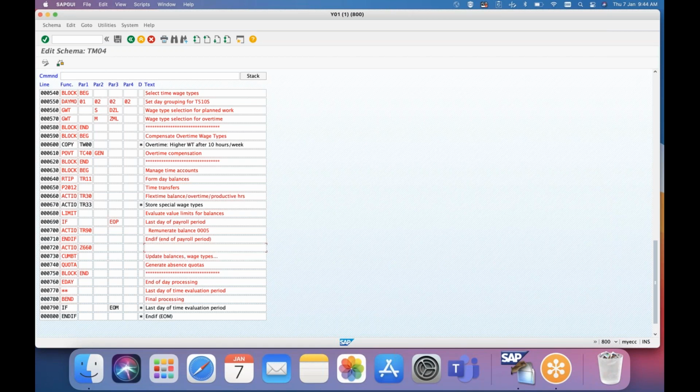When you start working on time pairs, you will know why we will not use ACTIO, and we'll use something like RTIP. We have different functions which we'll call; majorly we'll work on 3 or 4 functions. Apart from that, we'll use other functions like IF. So let us say some text, and I will save this.